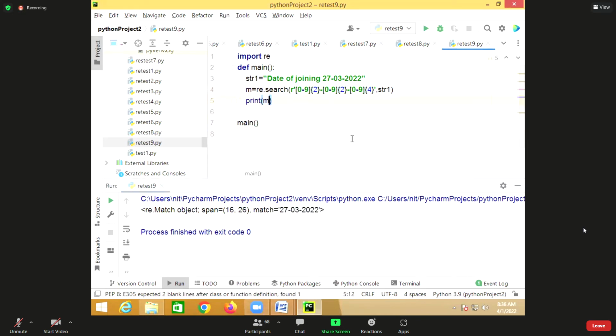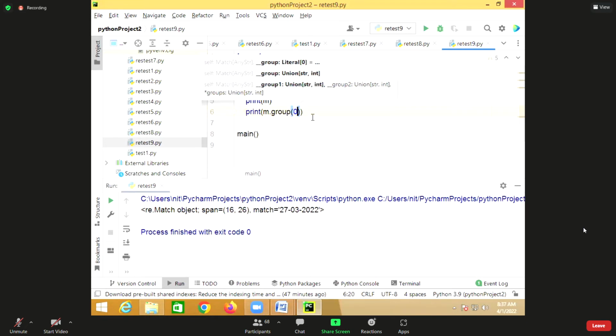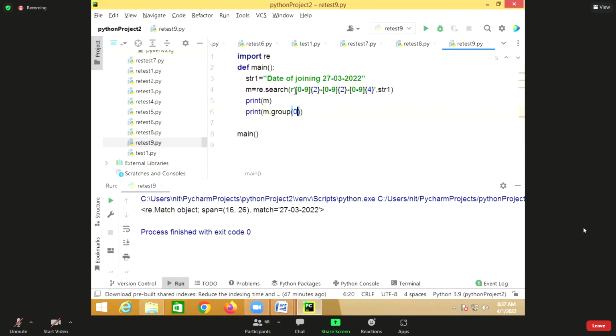This is called one group. If you want to return this match pattern, you can write m dot group. The complete match pattern is referred to as group 0.